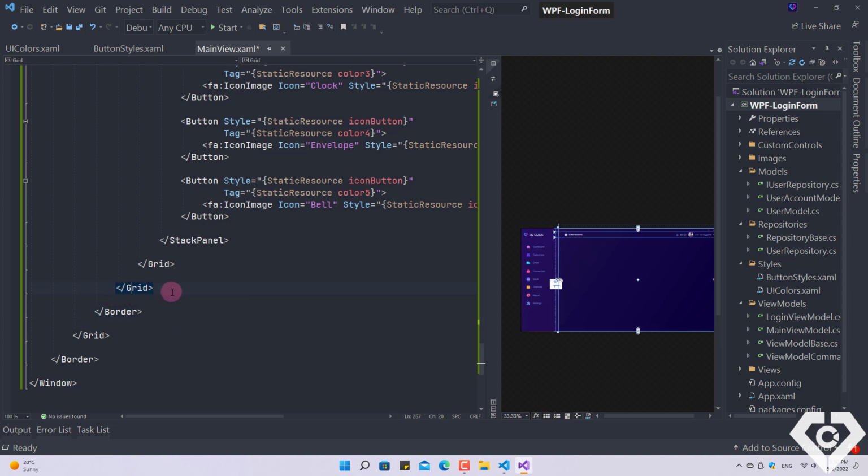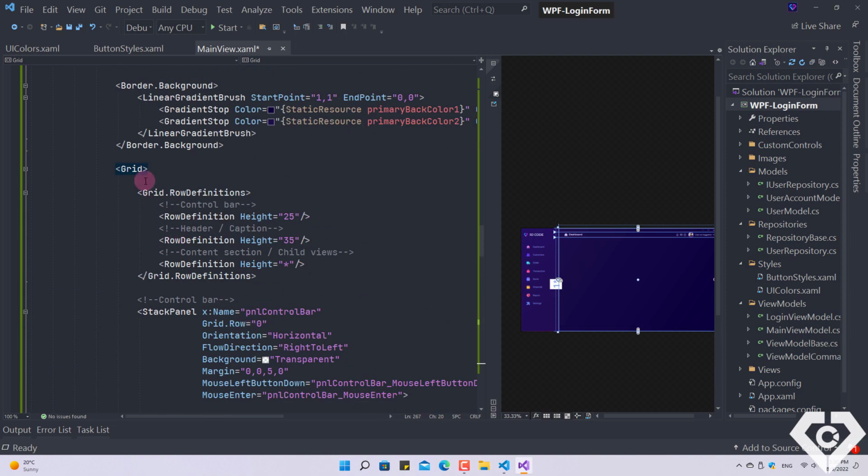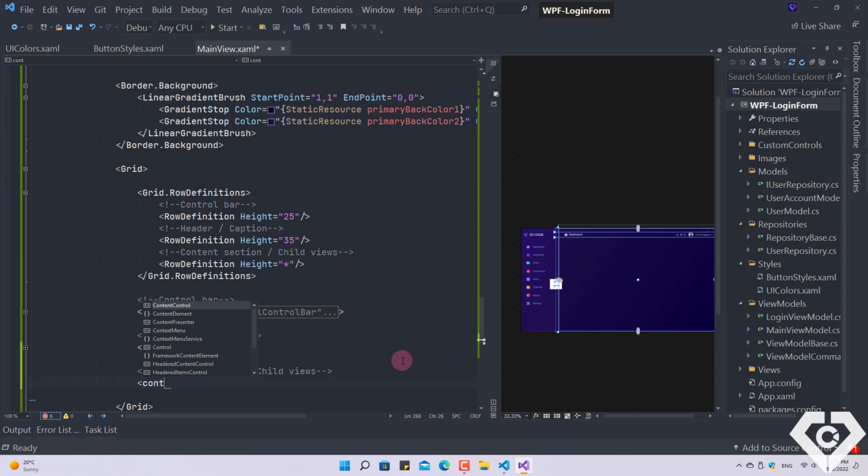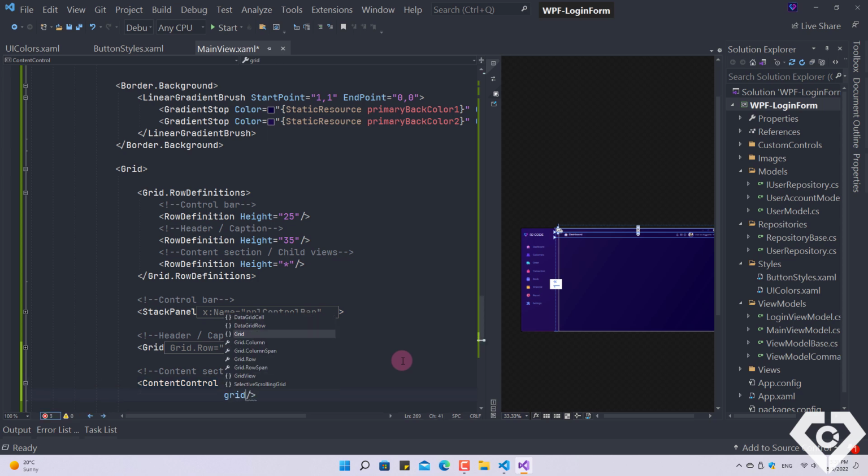Well, to finish the tutorial, all that remains is to design the content section to open and show the child views. So in the third row of the main section grid we do the following. We define a content control, set the content property, leaving it empty for now as we don't have any child views yet. We specify that it is located in the third row of the grid, and finally we set a